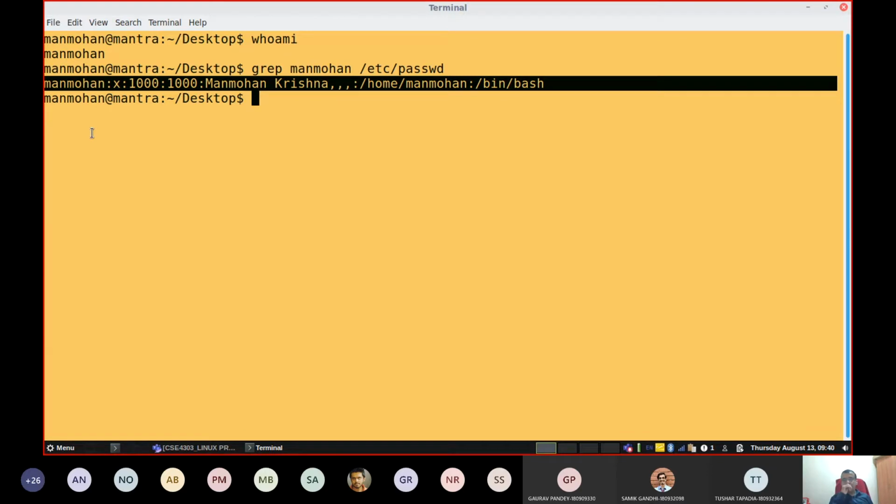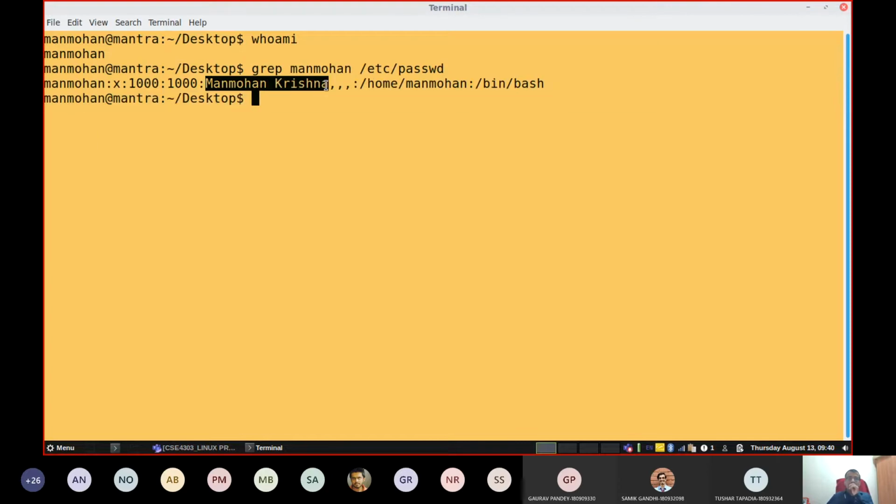Every user in a Linux machine, even if you create 10 users, 5 users, 100 users, whatever it may be, every user will be identified by a code number or else identity number. My user ID is 1000, and naturally I will have one more ID called group ID. That group ID is also 1000 in this machine. Then my full name comes in. Then optionally you can fill many other details also for a user account. What are those details? Let us defer it to the next discussions.